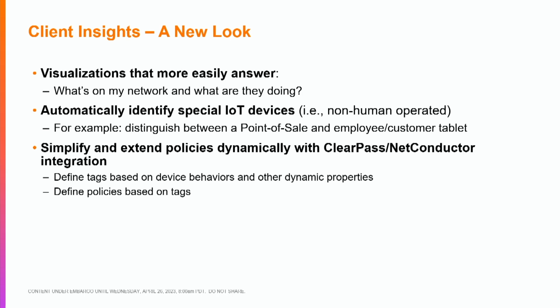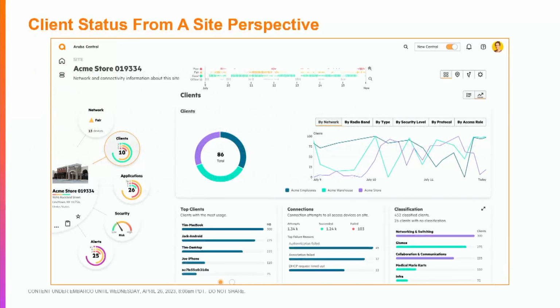And so one of the goals of this is to be able to dynamically determine what's on the network, and then be able to use ClearPass and similar policy engines to automatically apply policy based on these dynamic attributes. What that enables is a network operator to specify the policy based on high-level descriptions of the desired